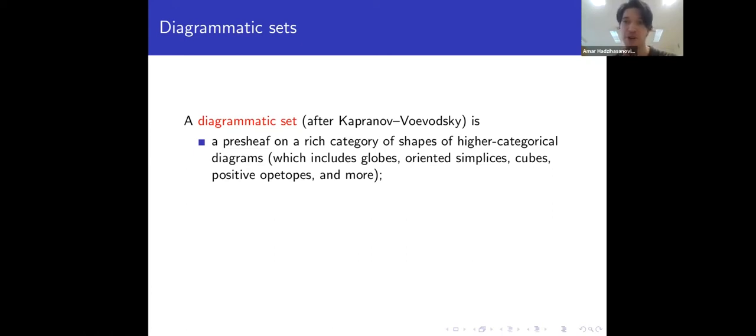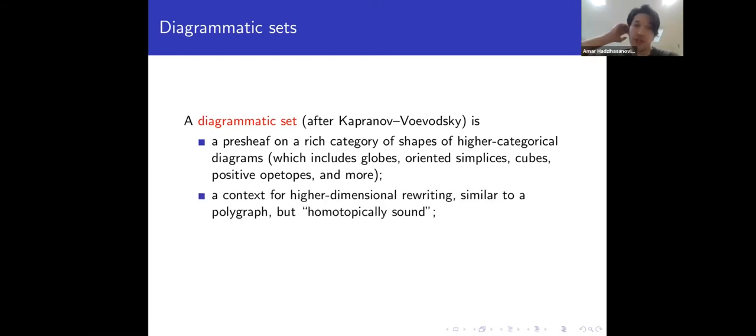So it's more complicated than most of the shape categories that people consider, and in particular, it includes the category of globes, the category of simplices, the category of cubes with connections, the category of positive opetopes and contractions that Marek Zawadowski has been working on, but it also contains many more shapes. And the reason why this is useful,